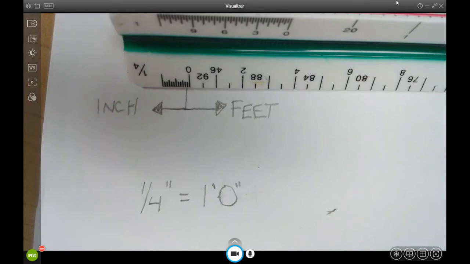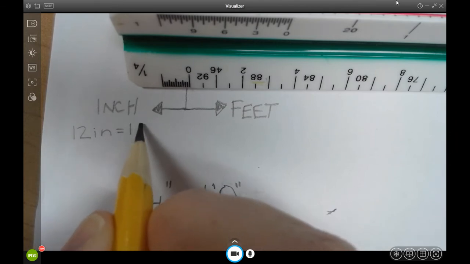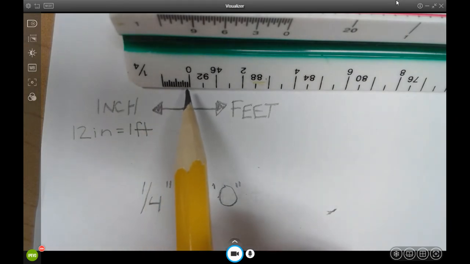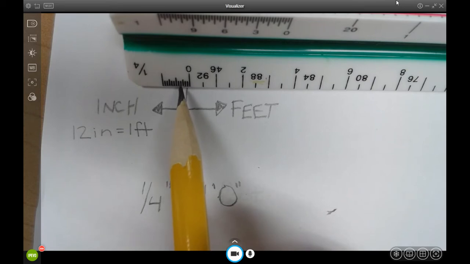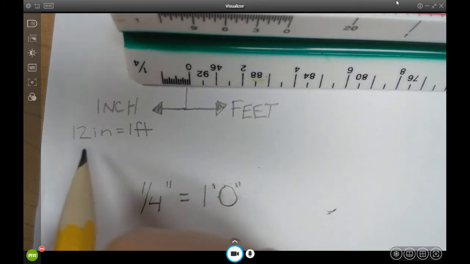So what we need to go ahead and determine is we have a bunch of different little lines. We need to figure out, okay, how many lines equals a foot? And what we need to do is take a look at our inch section first. So everybody knows, hopefully, that there are 12 inches in 1 foot. Okay, so let's count our little lines. We have 1, 2, 3, 4, 5, 6, 7, 8, 9, 10, 11, and 12. All right, so we have 12 lines